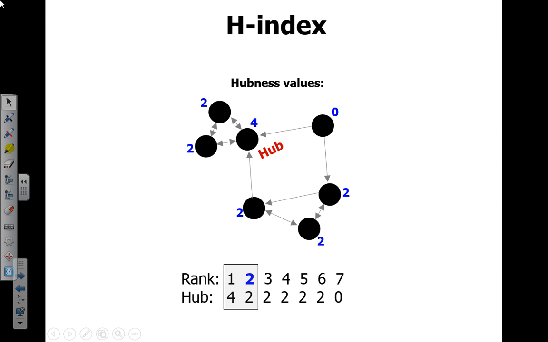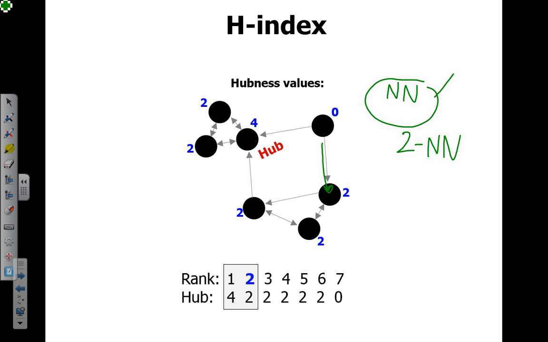Okay, also we consider this kind of H-index. This is our old definition. This is based on so-called Hubner's value, and Hubner's value is defined so that we calculate the nearest neighbor. In this example I actually calculate 2 nearest neighbors, but in our calculus we still stick with the nearest neighbor definition. So we calculate for every data point its nearest neighbors, in this case these two, and then we see how many incoming pointers each data point has. So how many others think of you as their nearest neighbor.